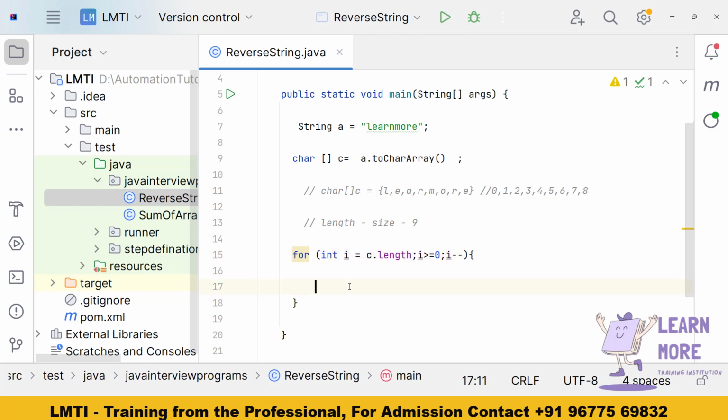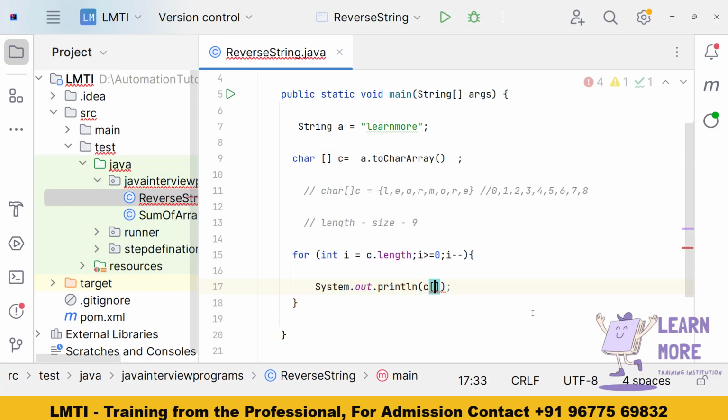Inside the loop, I'm adding the sysout statement, and I'm going to pass the index value with the help of the variable i. So I'm giving c of i. When I say c of i, the program will execute. But if I run this program now,